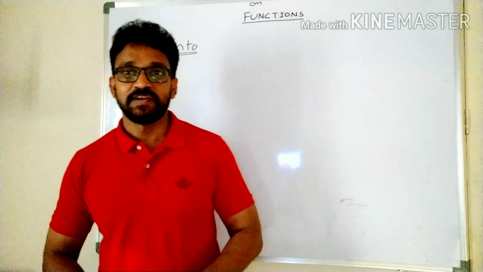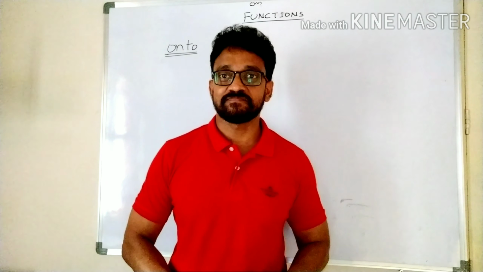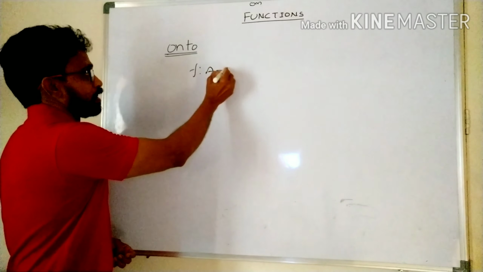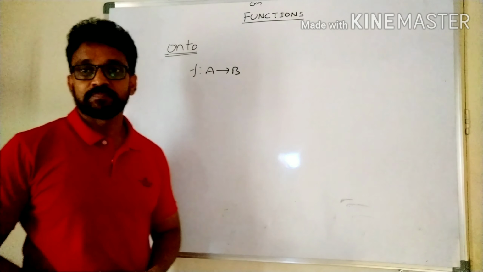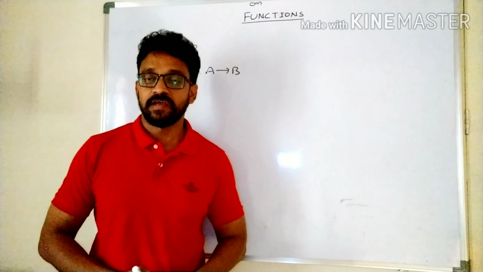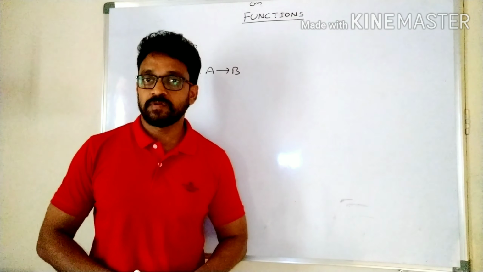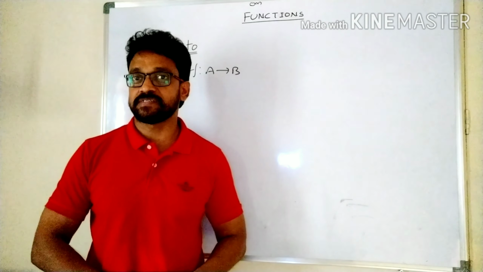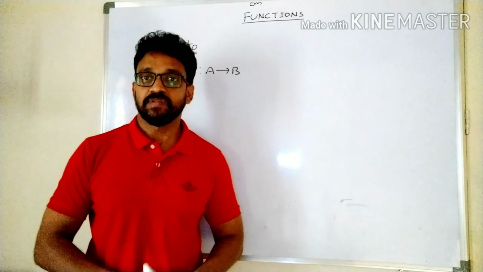Hello students, today we will discuss onto function. Let f from A to B be any function, and it is said to be onto. I will tell the simple condition: every element of the codomain has at least one preimage in the domain. For example,